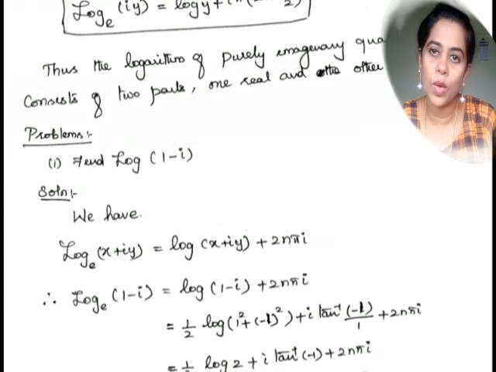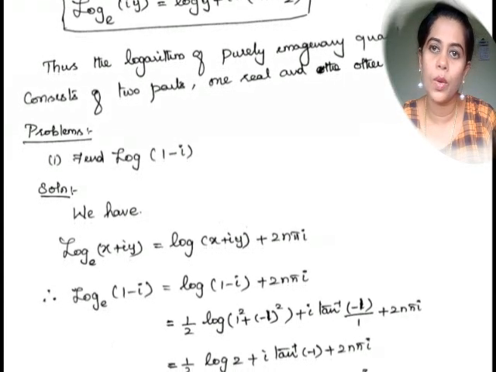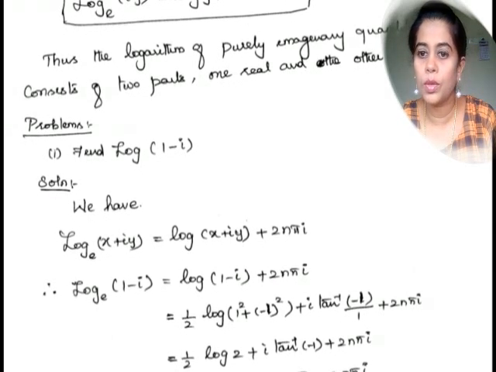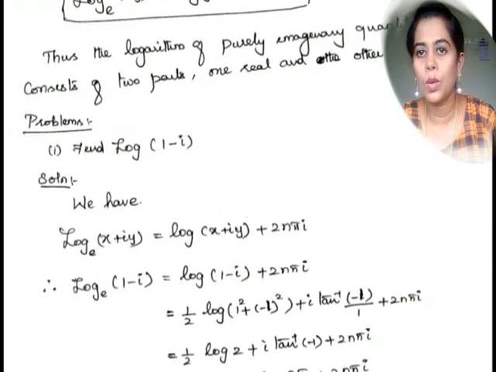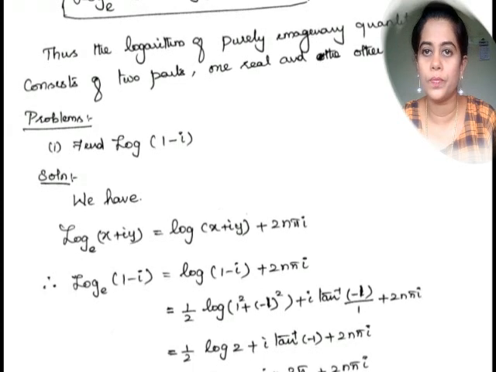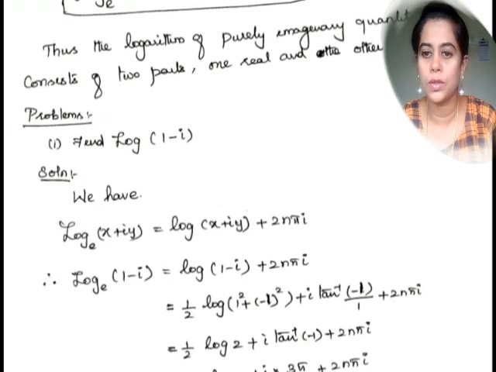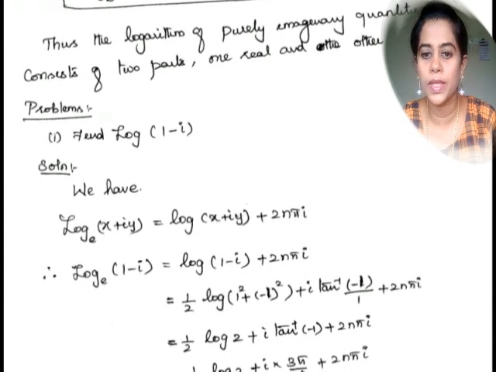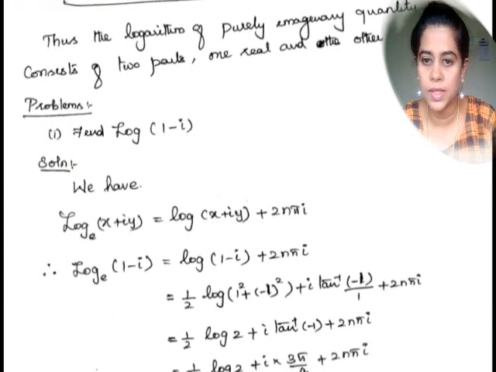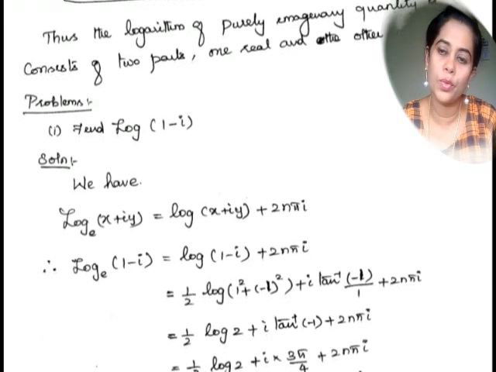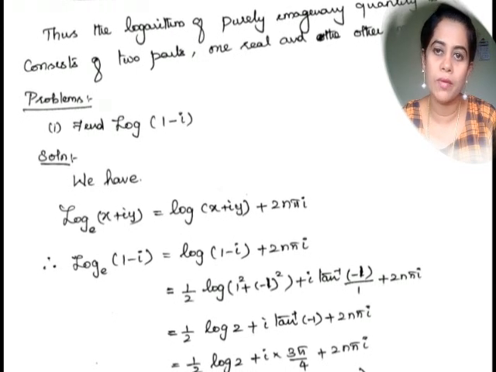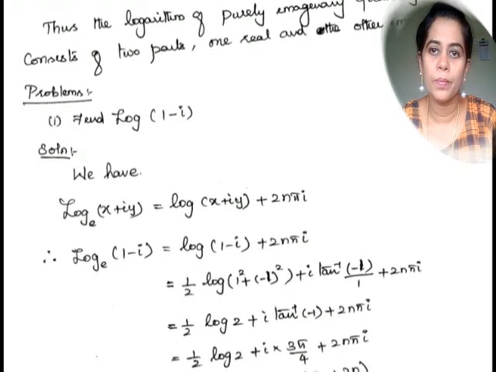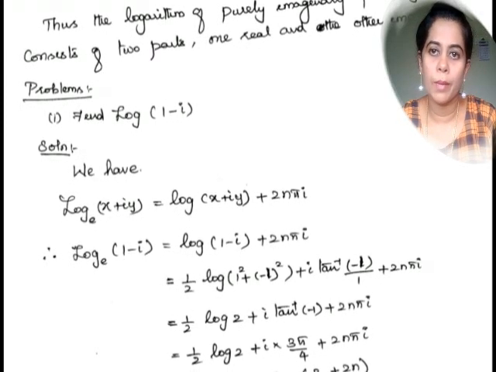In this, when I take y equal to 1, what will happen? It is log of I to the base e equal to log 1. We all know that log 1 is 0, plus I pi of (2n plus 1) by 2. So which means that log I to the base e is equal to I pi of (2n plus 1) by 2. That we may use in the coming up problems.